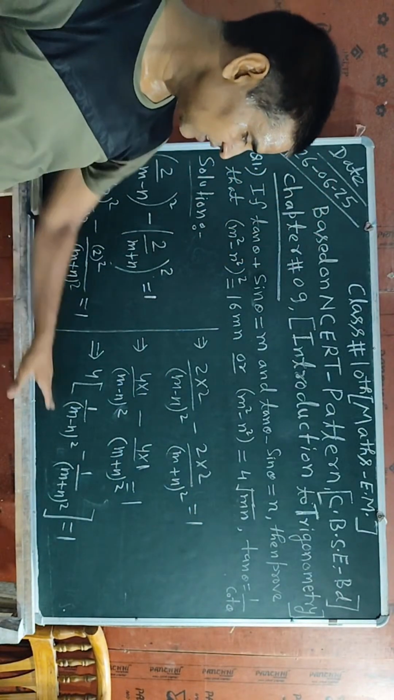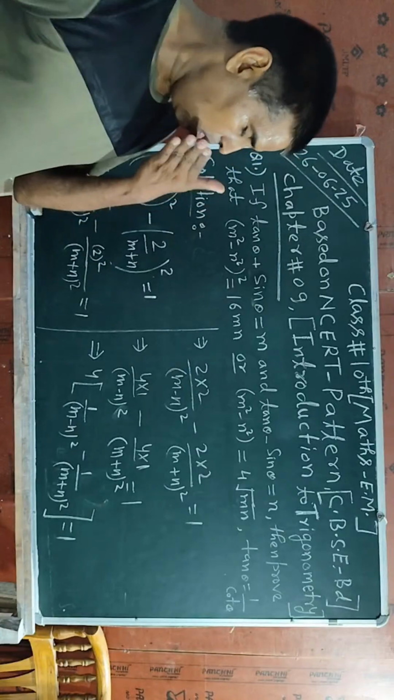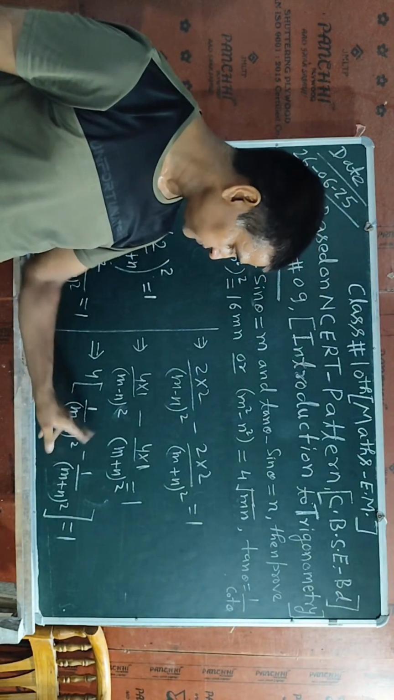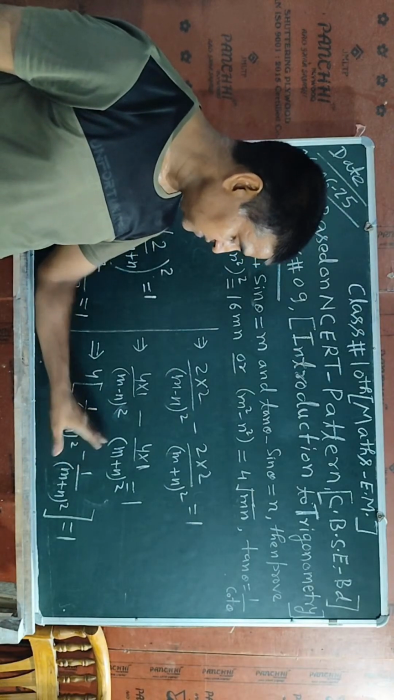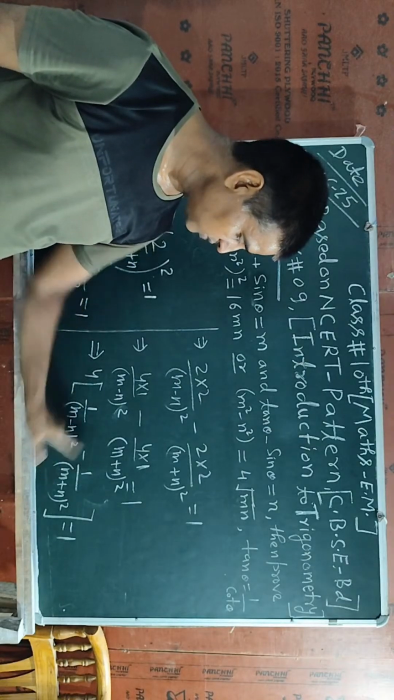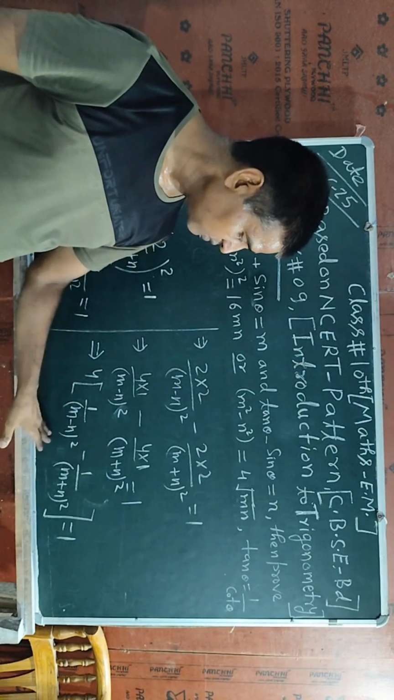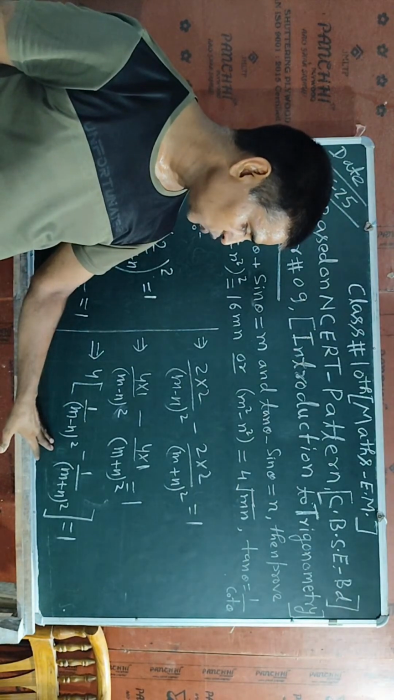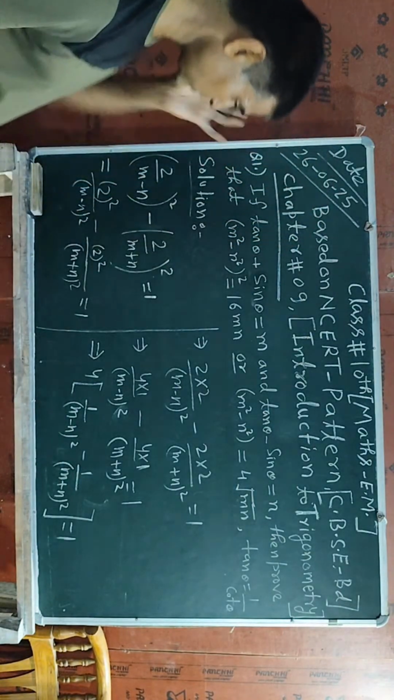Okay, student, here I will use cross multiplication in this bracket, because here 1 divided by something and 1 divided by something. Also I will do here cross multiplication. I will take the LCM of denominator, and after taking denominator I will simplify it. Okay, student, now further